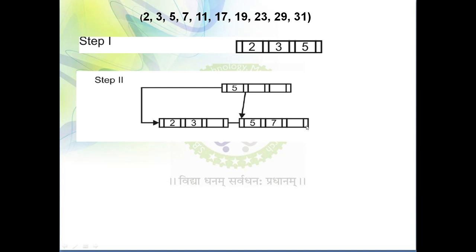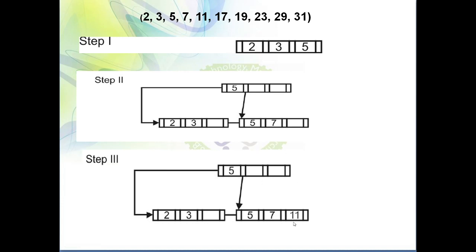Then here I can also place 11, but the space is not available. Here you can see I have put 11 over here, but in this case, what is the minimum number of values that we need to keep in a single node? n by 2, that is equal to 2. So here you can see two values are there, here two values, three values are there, one value is extra over here. So now we are going to move to the next step.